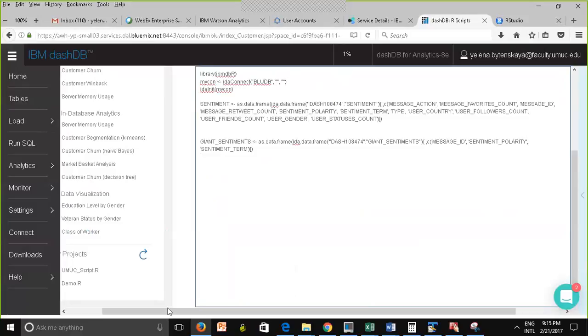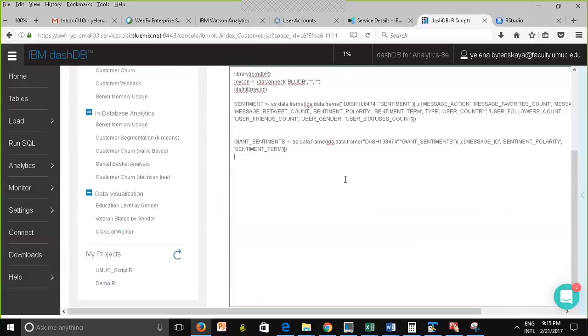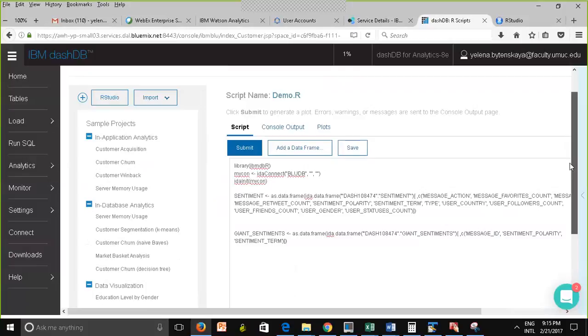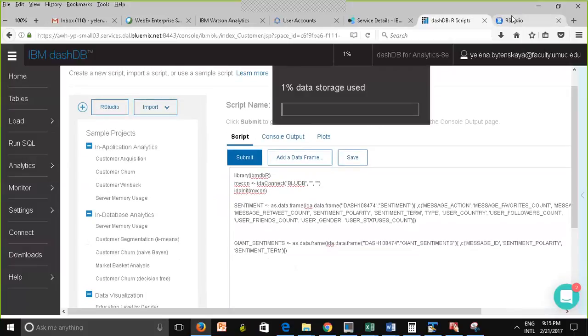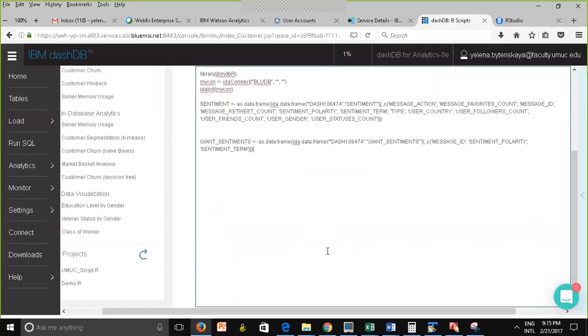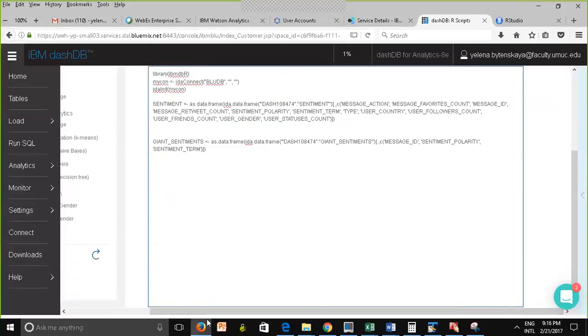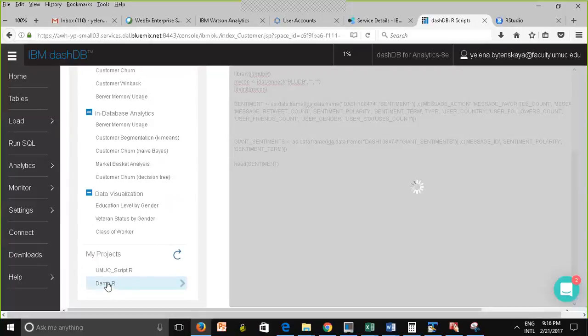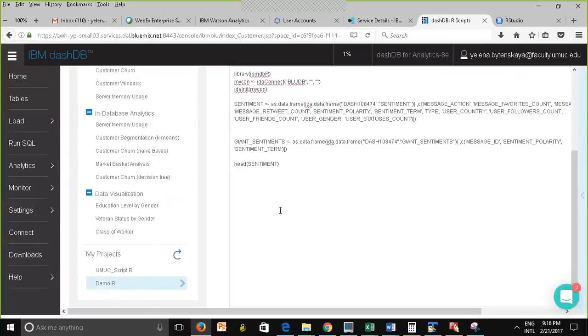I have the script, demo.r, open in this interface right here, and I have it open in RStudio at the same time. Whenever I make a change and I did not save it, it doesn't show up. So now let me save it and see what happens. I go back. It's not here automatically. What I need to do is refresh, and then I'll have to reopen it. I have to click on it again.